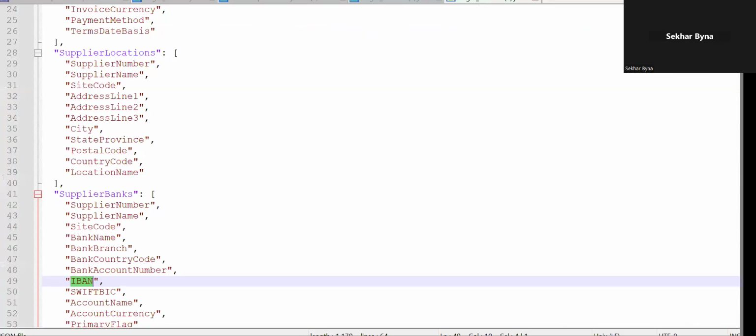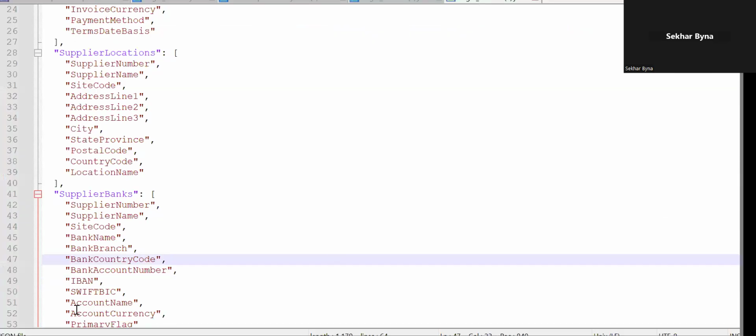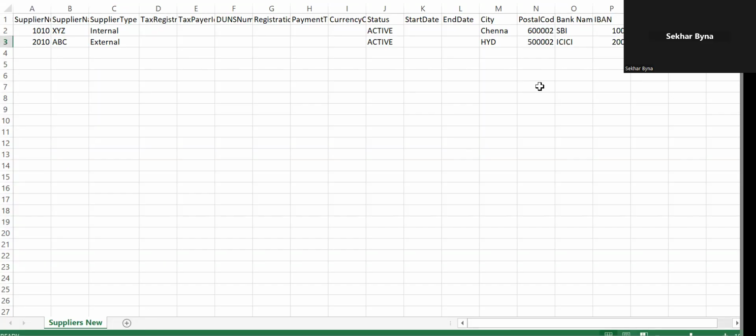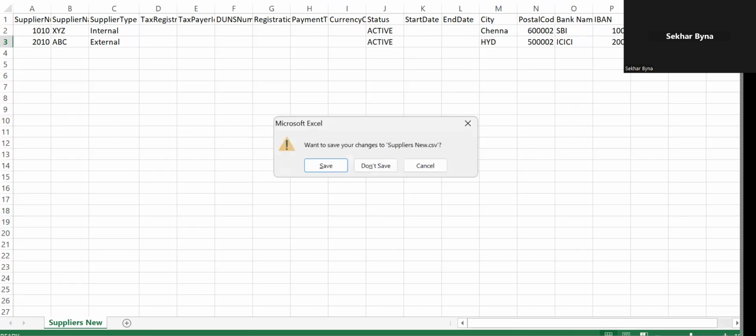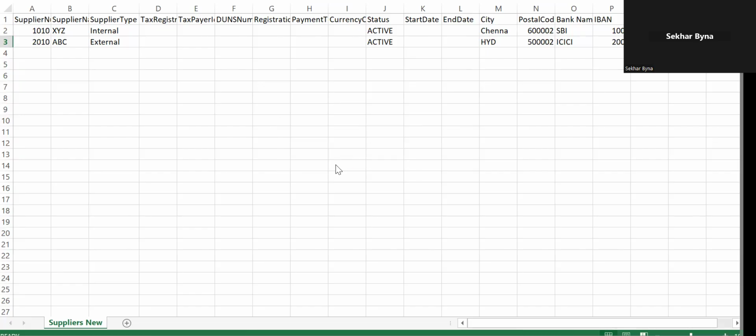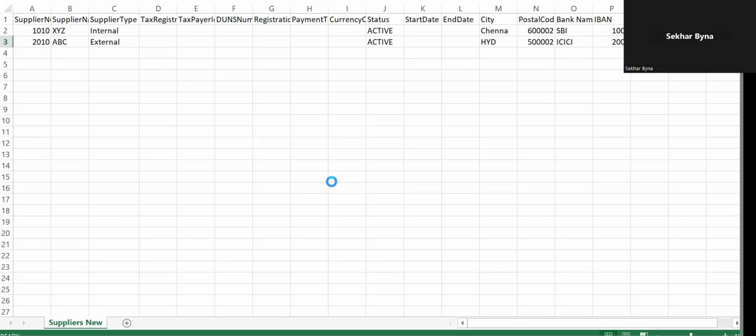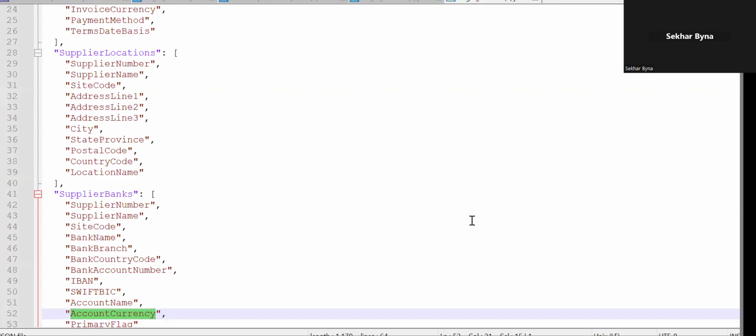Then one more thing, the currency. We have to give currency INR, USD, like that. Okay, so once we save that file, then what we'll do,